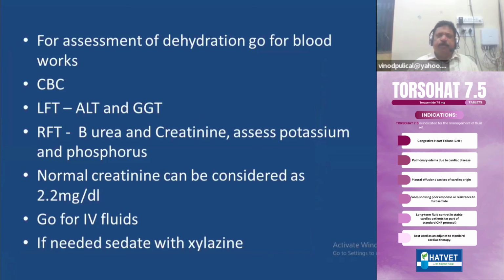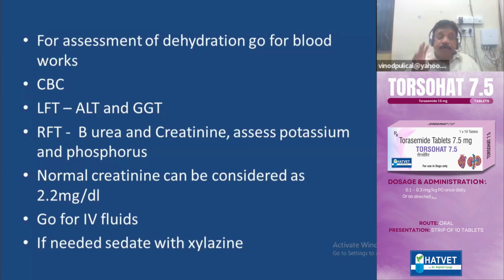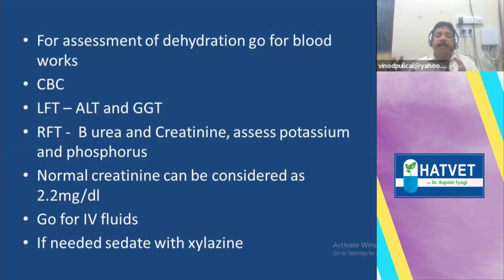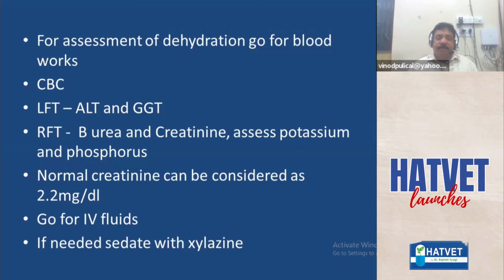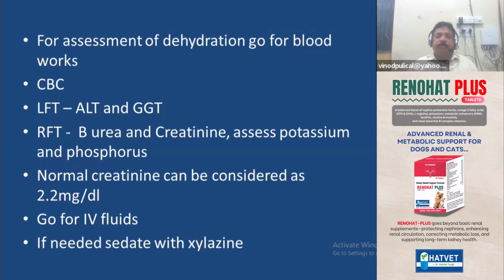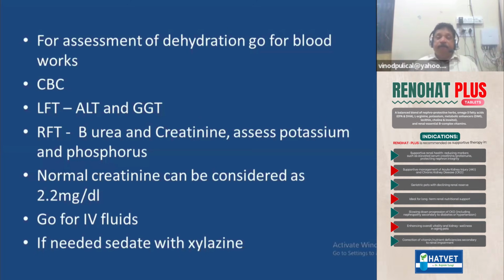So blood works can be done in the cat, like CBC. For LFT, of course, we can go for ALT and GGT. ALT is liver specific for the cat also, but in the dog it is highly liver specific. In the cat, you can go for ALT as well as GGT. For the kidney function test, we can go for blood urea, creatinine, assessment of potassium and phosphorus. Phosphorus is very much essential, especially in CKDs,